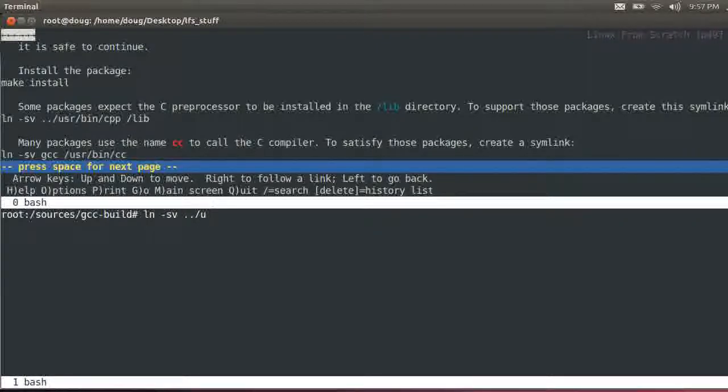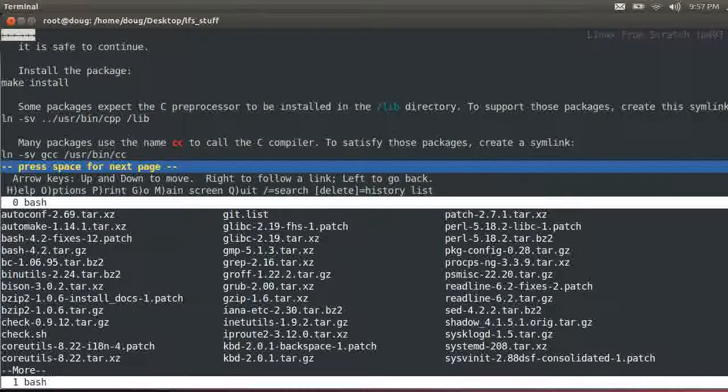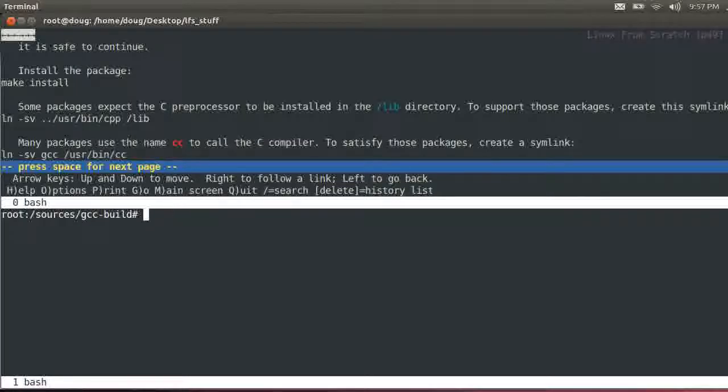Actually, see, this is where tab switching comes in great handy here. Because basically, what's going on is that's the wrong path to the URL. I told the guys about it, and hopefully they'll fix that. There's a couple more times like this where the pathways get a little messed up. It's actually supposed to be up 2 levels and not just 1. So ../bin/cpp to /lib.